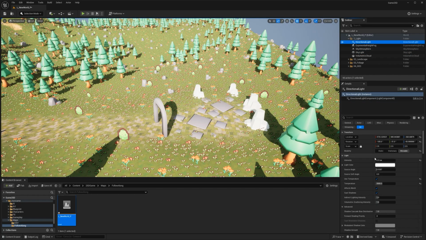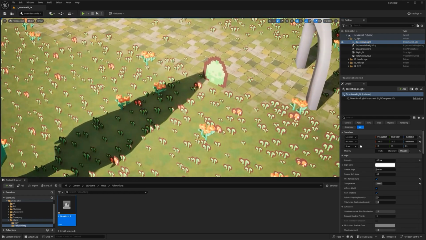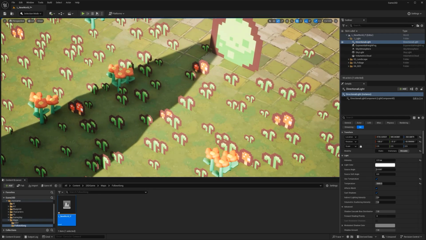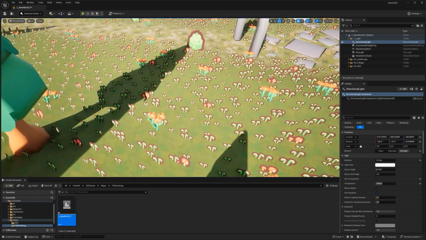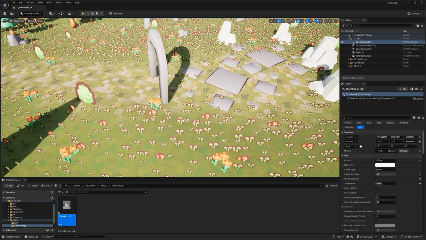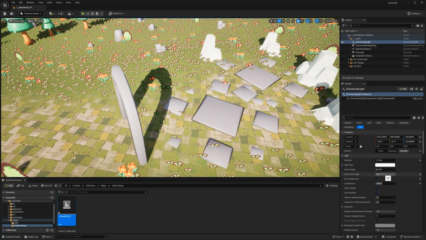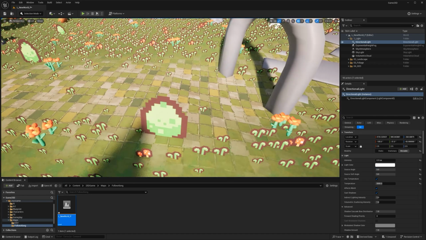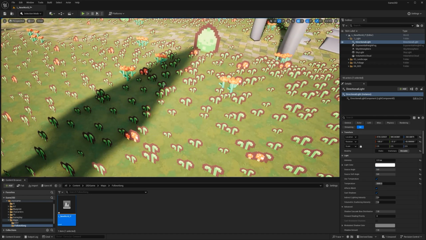There's something else that I want to do. I want to go to my directional light, and this bothers me a lot when you have these very harsh shadow transitions. Okay, I'm gonna get very close to the shadow so you can see. If you go here and increase your source angle, you're gonna start seeing a little bit of this changing. Increase the softness, and just play with the other one, you can see the shadow now has this very soft transition, which I prefer.